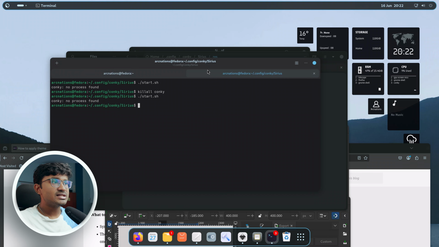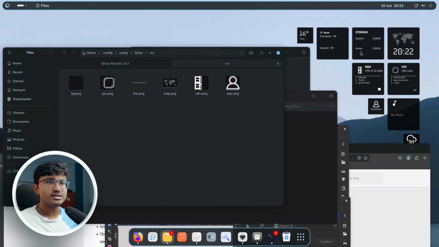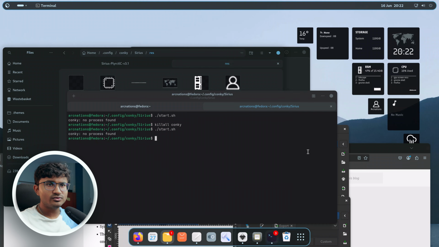Few things we still need to fix are, this part, it does not show the bars. I actually couldn't fix it myself, so I used the default bars that Conky has for showing memory or percentages and all. I guess we need to fix the positions a little bit. This icon can move a little bit to the left side, but before that, let us insert the bars that